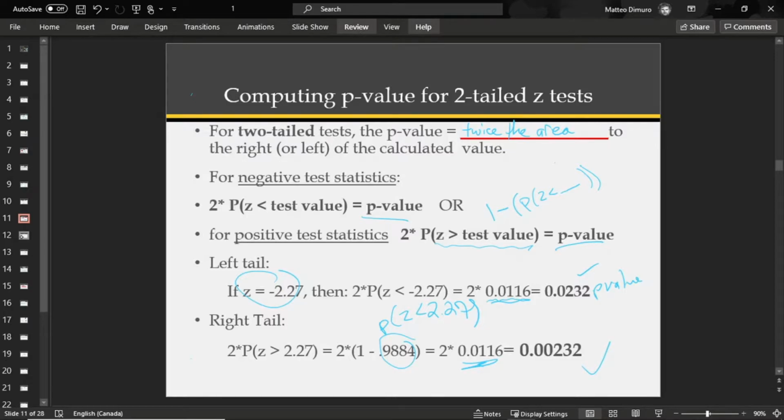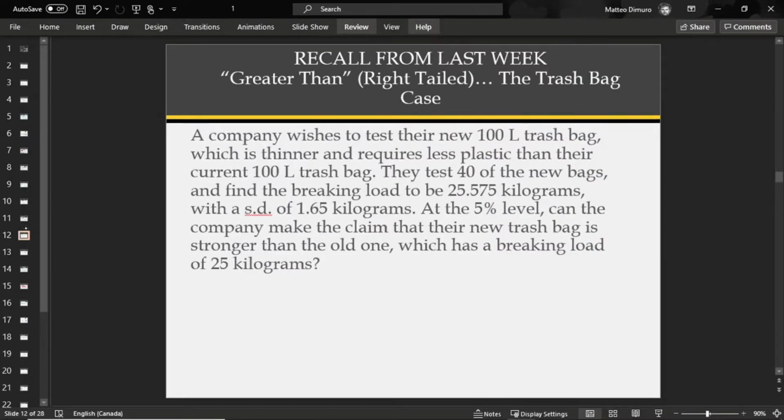Perfect. So what we have now is I'm going to do an example from last week. We did an example that was the same data, but looking at the right-tail version of it. Okay, so a company has a new 100-liter trash bag. It's thinner and requires less plastic than their current 100-liter trash bag. So they test 40 of the new bags, and they find that the breaking load is 25.575 kilograms,